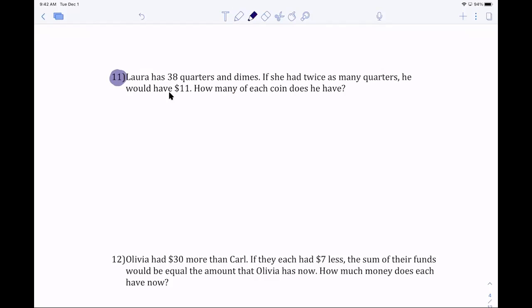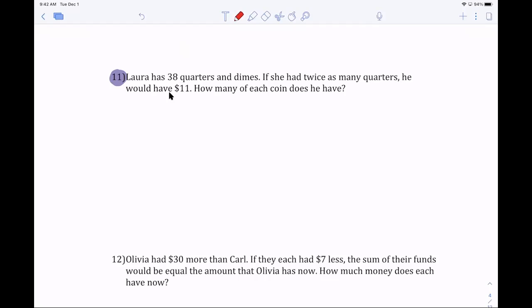No, Sean. This doesn't say there's 38 quarters. It's 38 quarters and dimes. So I need you to write the equation like we did yesterday. Flip back. What number was this? Number 1. And everybody else, while he's looking back, write the equation. So now what? So instead it's